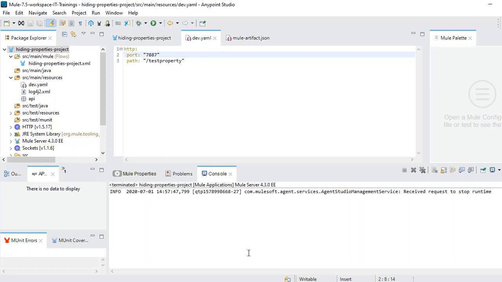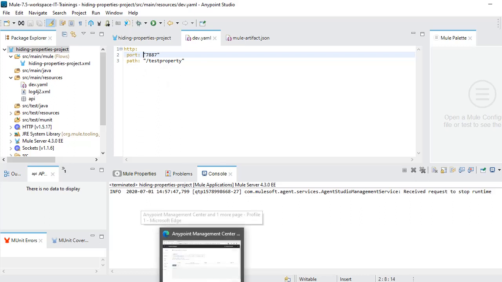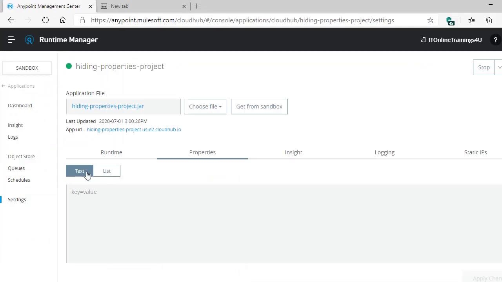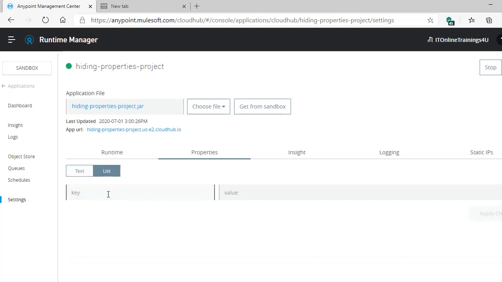As in our project, if you can see, we have only two properties externalized. So let's override these properties from CloudHub: http.port and http.path. Let's give other values. Go to the list, http.port. Here I would like to give 8899. And http.path, slash